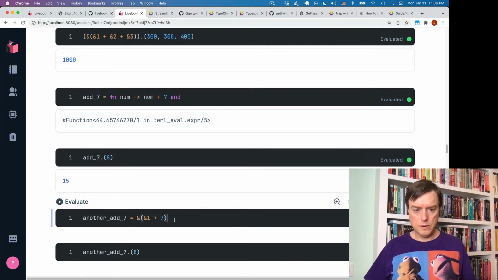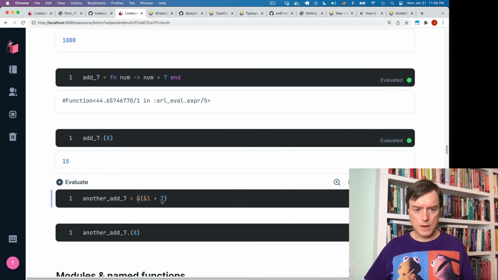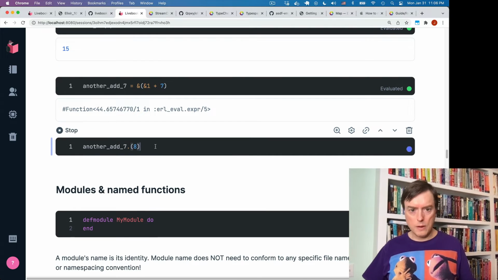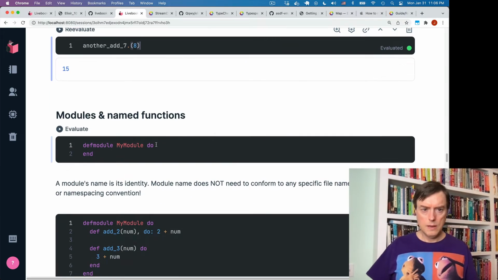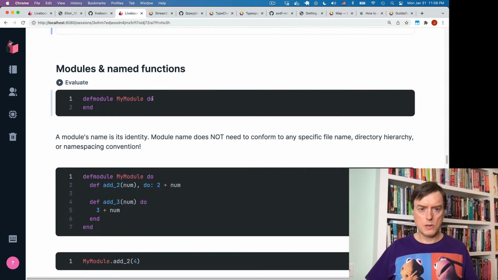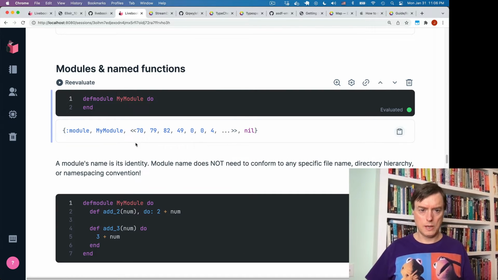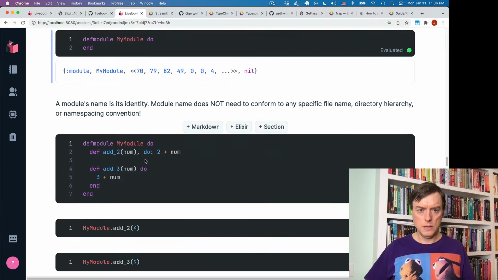Similarly, another anonymous function using the capture operator, assign it to add another 7, and then evaluate that with the value 8, and we get 15. Okay, so now modules. This is how you define a module. It's a pointless module because there's nothing in there, but